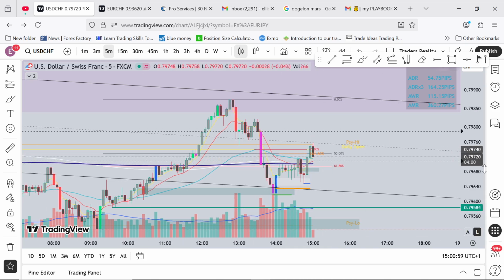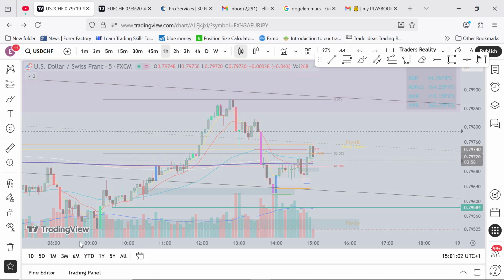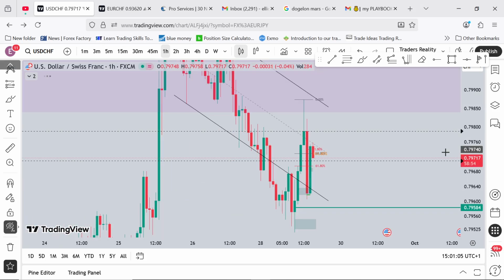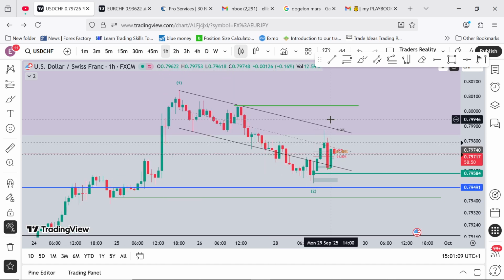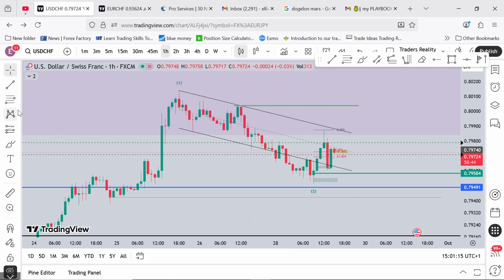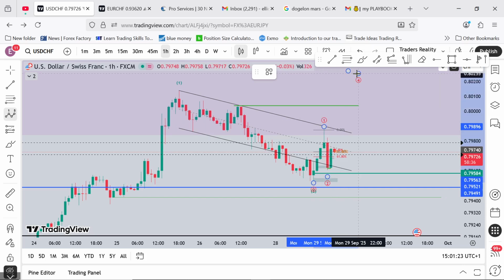I'm expecting, let's go to the higher time frame. I think we're in a third wave. We're just starting the third wave. Okay, so this would be 1. So we've got a bigger 1, 2. I'm saying this 2 here is completed, and from here 1, 2, looking for 3, 4, 5